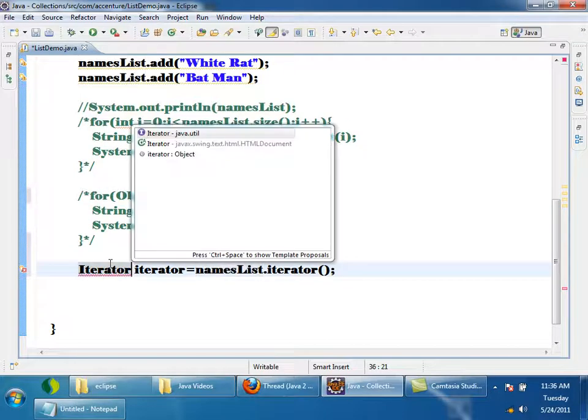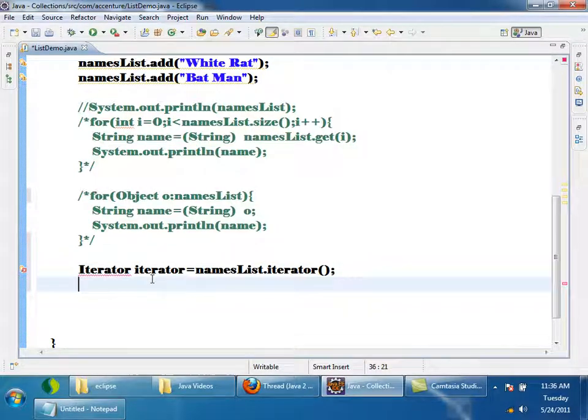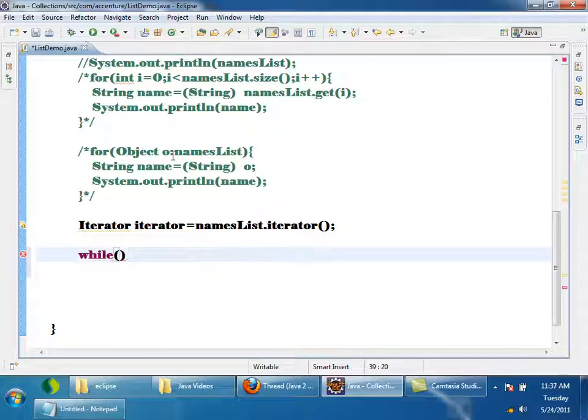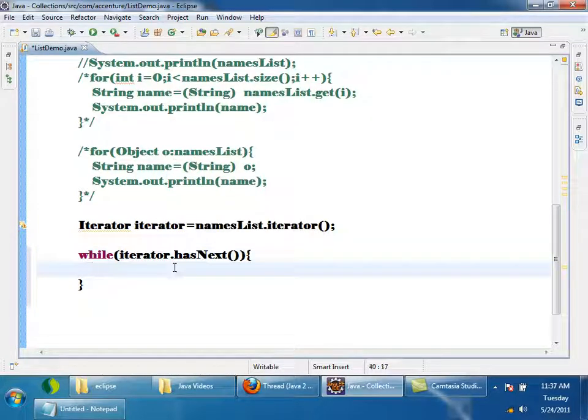Iterator, again I'm importing. Then see the next way: while iterator dot hasNext, and iterator dot next, it will return an object type.